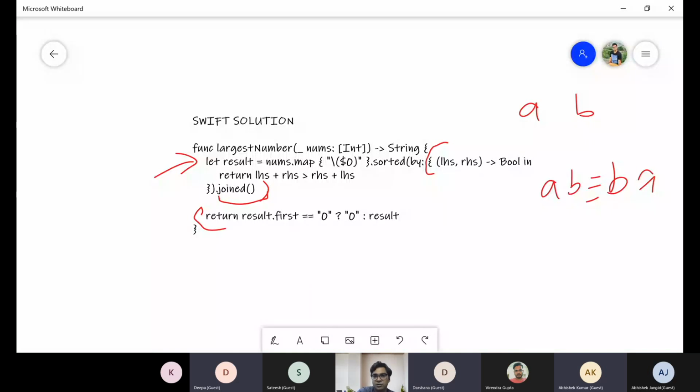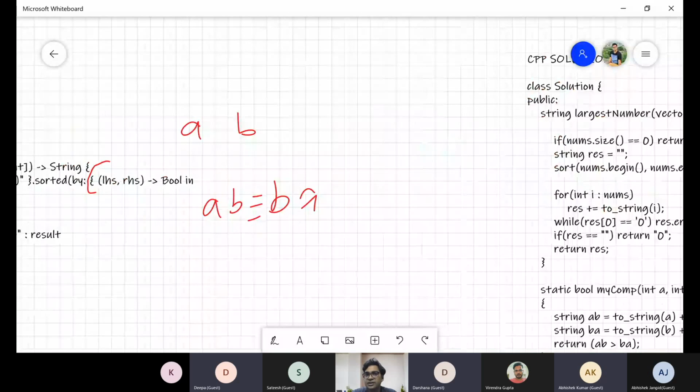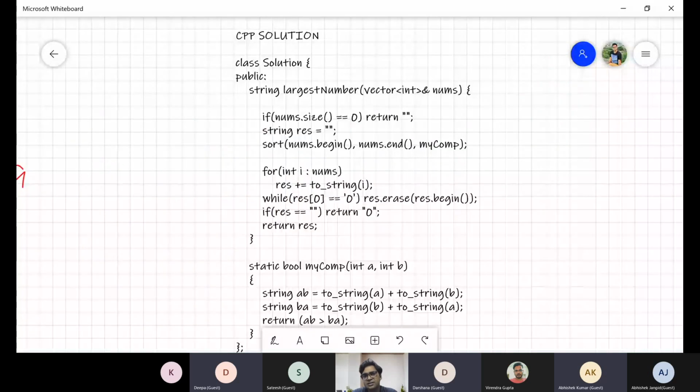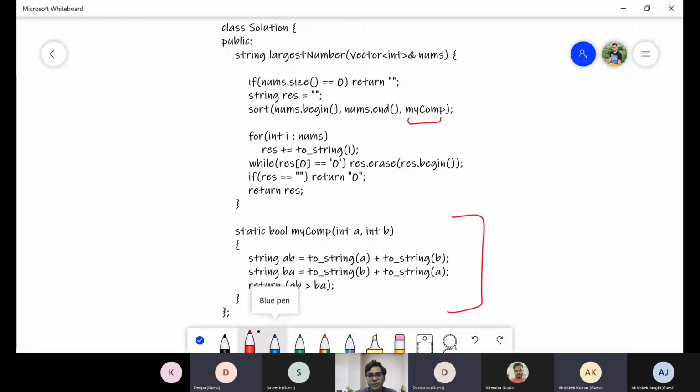So let's move to the C++ one also. In this, the input comes into a vector. First we check if it is empty, and if so we directly return. Then we call the sorting method with our own compare method, and we write this compare method below.